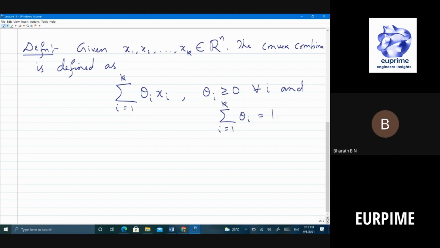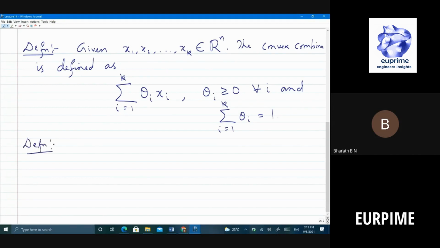In fact, if you take 3 points and take the convex combination, you will get all the points. If I choose different theta i's, I get different points inside the triangle. Is that clear, everyone? So what do you mean by convex combination? Okay. Now this leads to what is known as